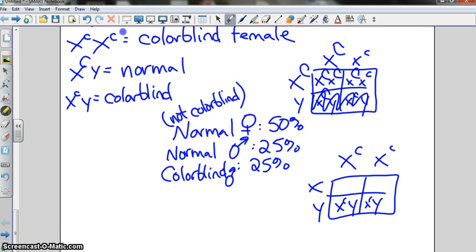Because you have 2 colorblind X's, and your son is going to get his X chromosome from you, and all you have to give is an X chromosome that has a colorblind gene on it. But the girls, if the dad's normal, then the girls are all going to be carriers, right? Right, because they're going to get that dominant gene from dad, and they're recessive. They'll all be carriers, but they'll all be normal. So if a girl is colorblind and she marries a guy who is not colorblind, all their sons will be colorblind, and all of their daughters will be carriers, but they'll have normal vision. Right? Isn't genetics cool? So if a dad is colorblind, the girl has